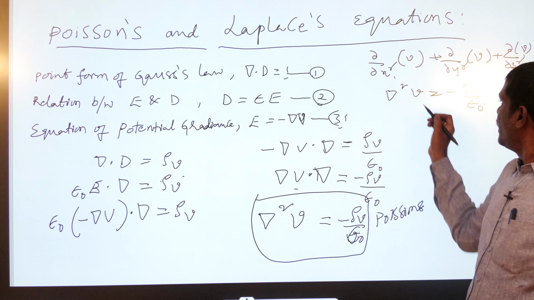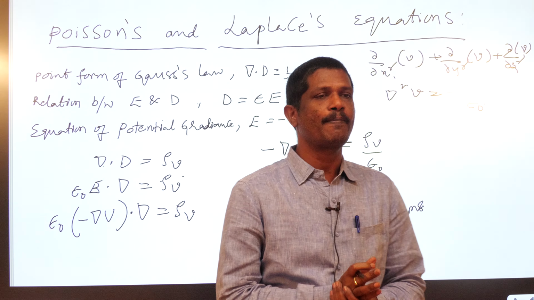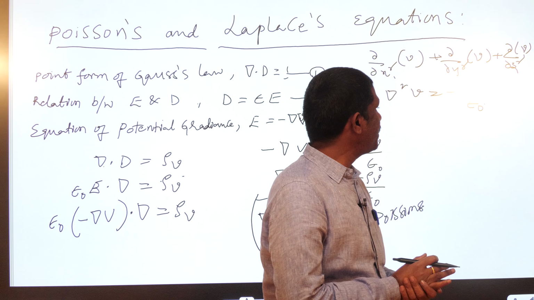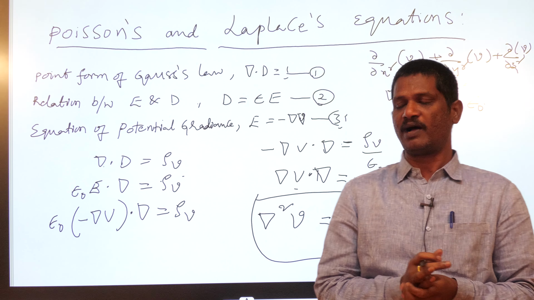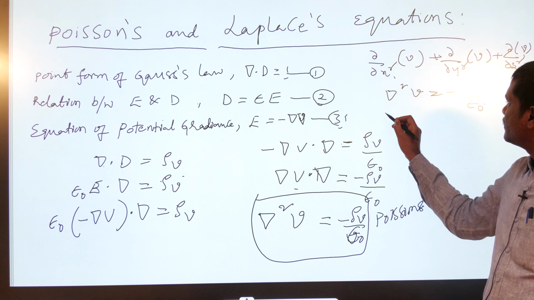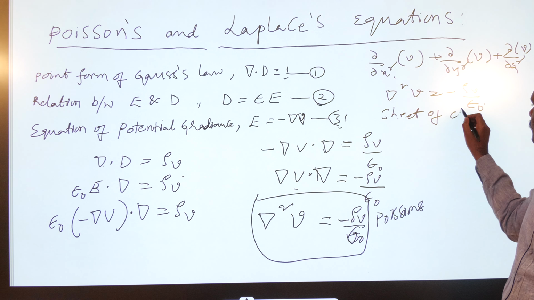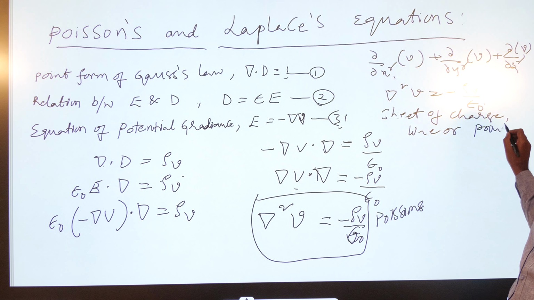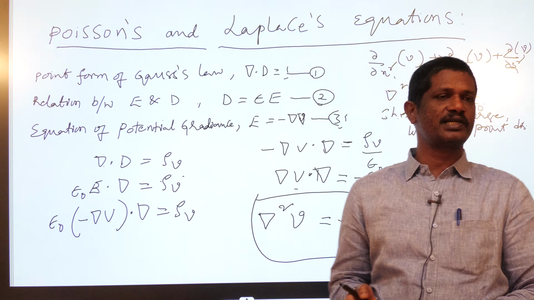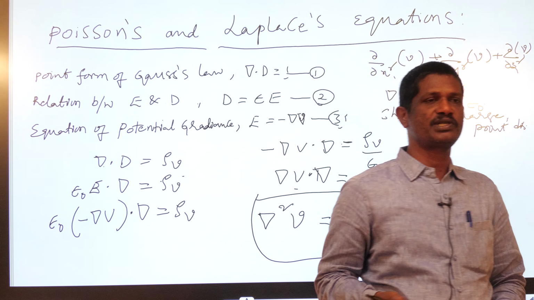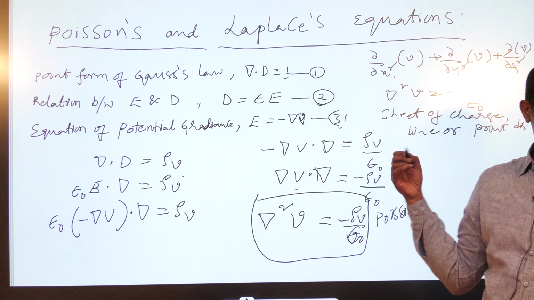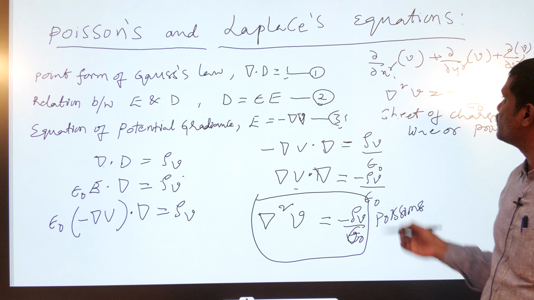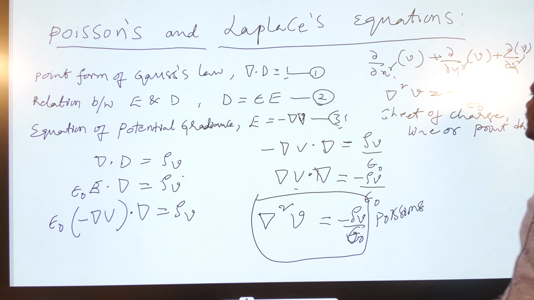Poisson restricted his explanation to the volume charge distribution, whereas Laplace extended the same rule up to the sheet of charge distribution, the line of charge distribution, as well as the point charge distribution, and he has given this as del square V,